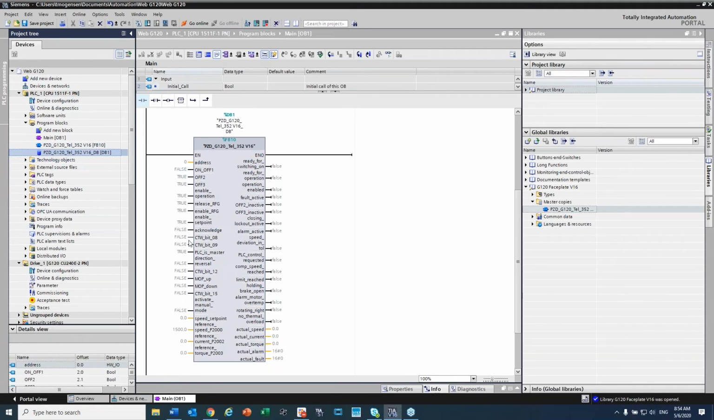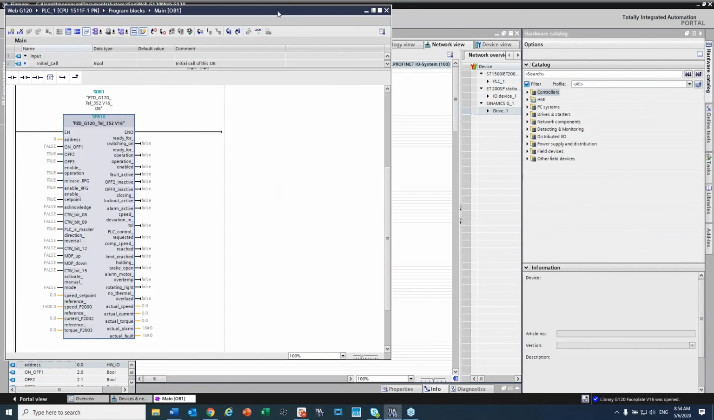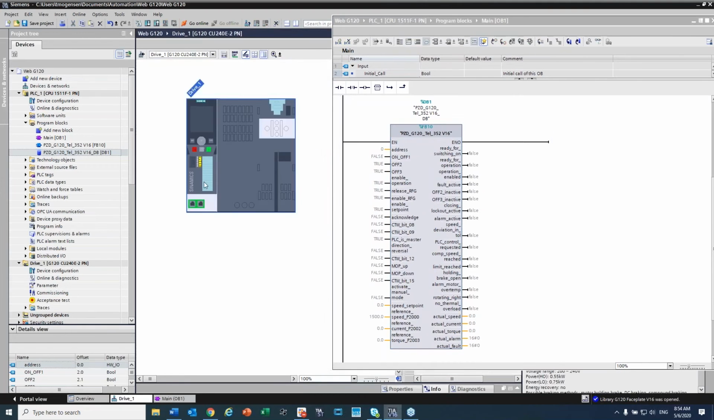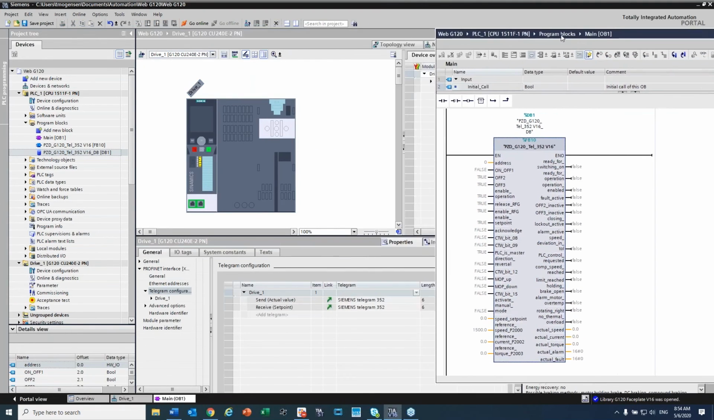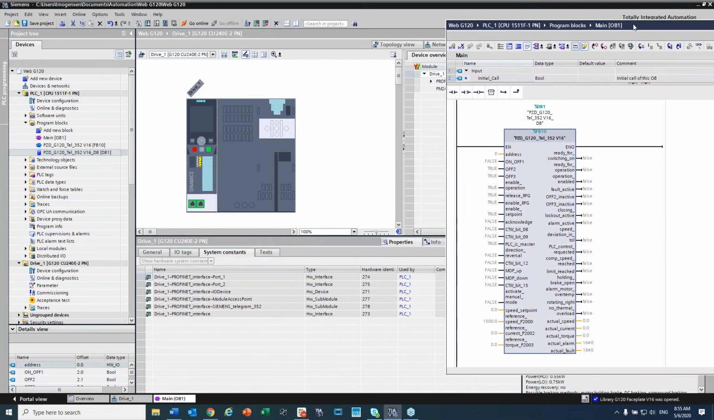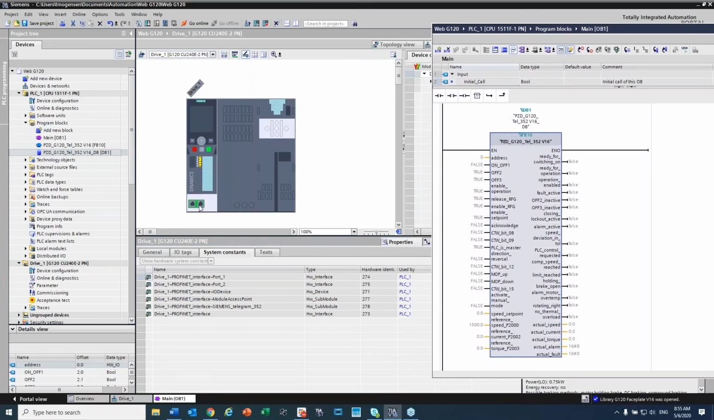This is the block that now controls the drive. So all we have to do is assign these values to something to allow us to control the drive. I'm going to float this window out a little bit and drag it over to the side. I'm going to double click on my drive. And if we go to system constants, we are going to see that under this drive there is a tag that was created for the Telegram 352 for this drive, which is drive 1, which lets you know how to talk to this drive